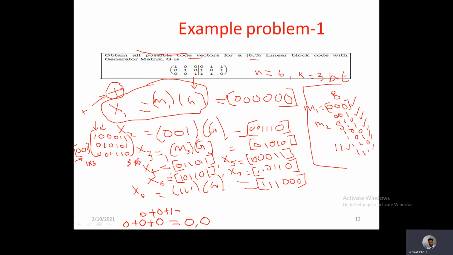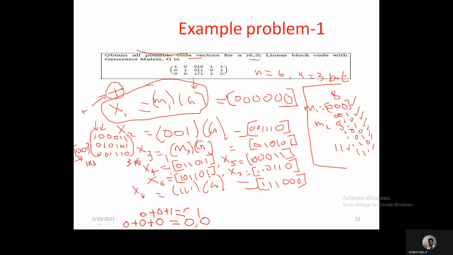So this is the XOR operation of 0 0 1. In an XOR operation, if an odd number of ones come, the output will be 1. If an even number of ones, the output will be 0. So an odd number of ones is here, only one 1 is there, so the output will be 1. So that's why the third element will be 1.